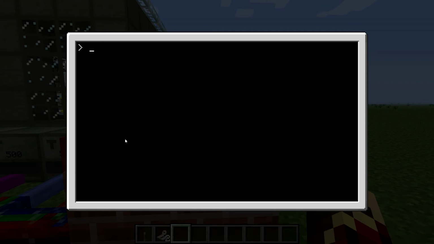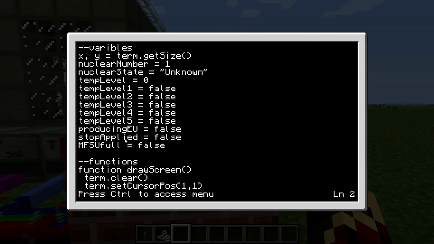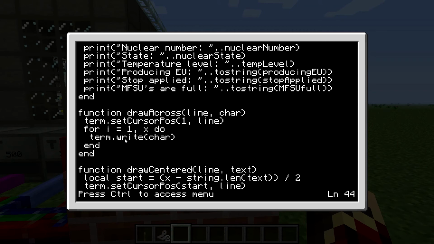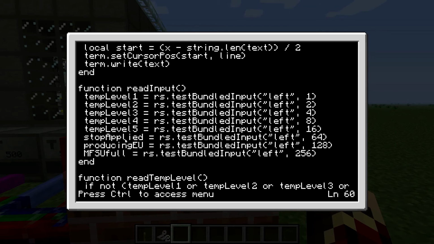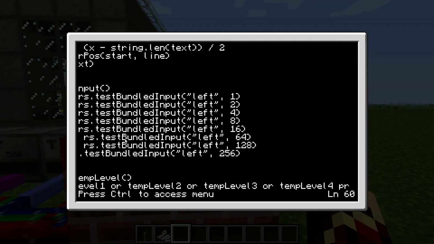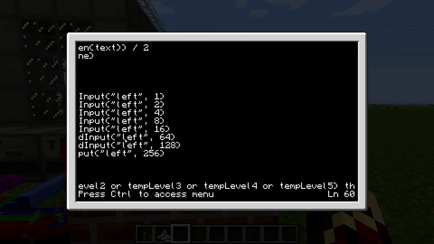So if you do this, edit, nuclear, clear, line 60. I do not code perfect, and this might be a quite inefficient program, but this is how I solve it. Let's see, temp level 1, temp level 2, temp level 3, temp level 4, there we have it, or temp level 5,